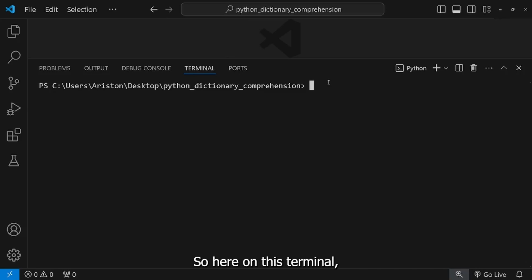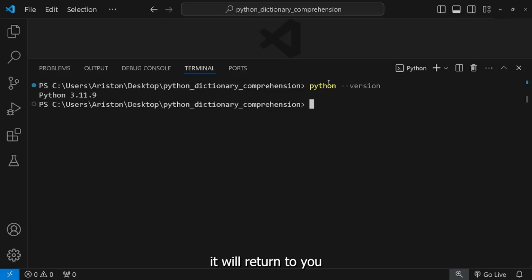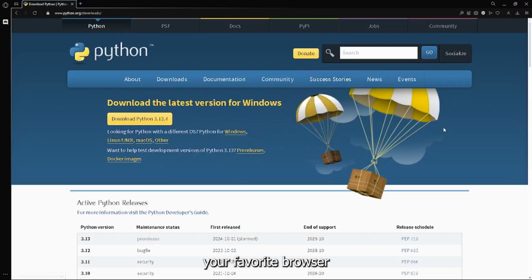Here on this terminal, we're going to type python --version. If you press enter, it will return the Python version that is currently installed in your local machine. On my end, that would be Python 3.11.9. If it doesn't return anything or returns an error, it might mean that you don't have Python installed in your local machine. Don't worry, what you can do is open up your favorite browser and search for